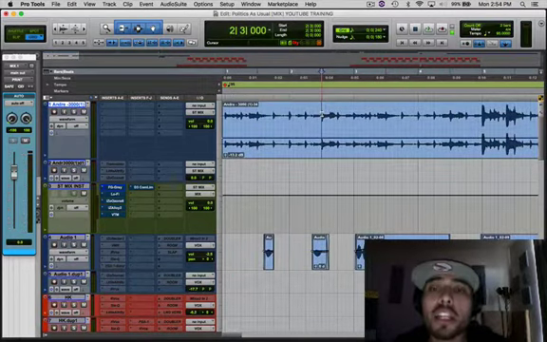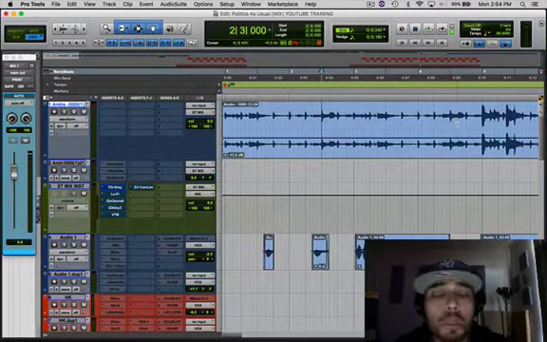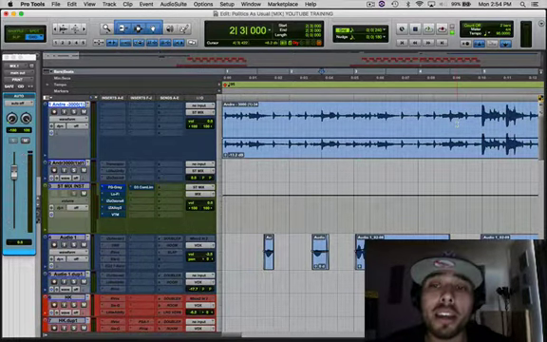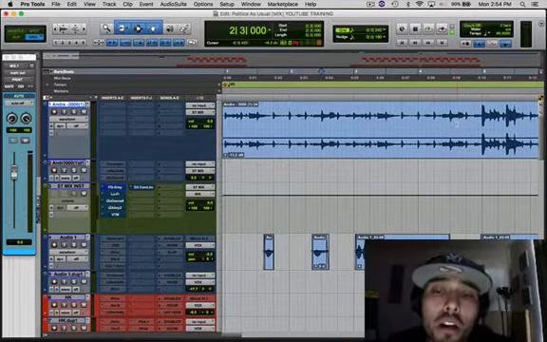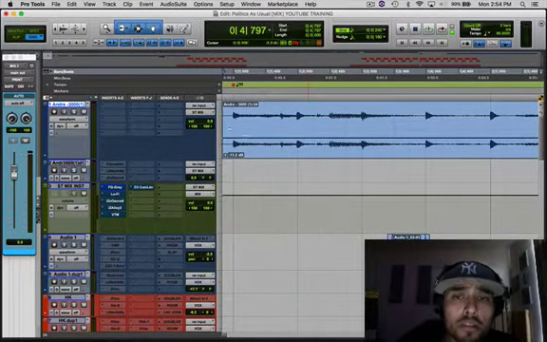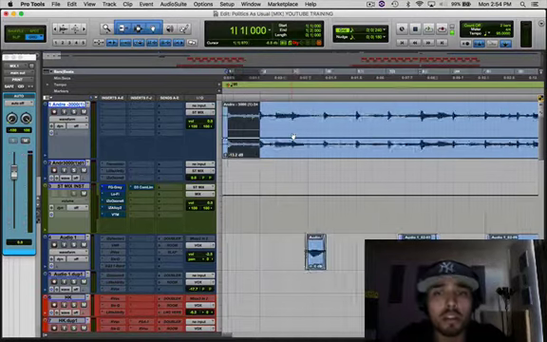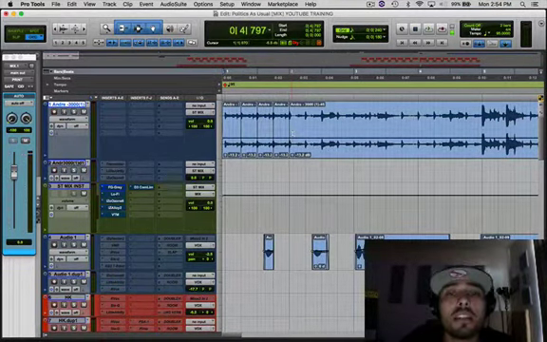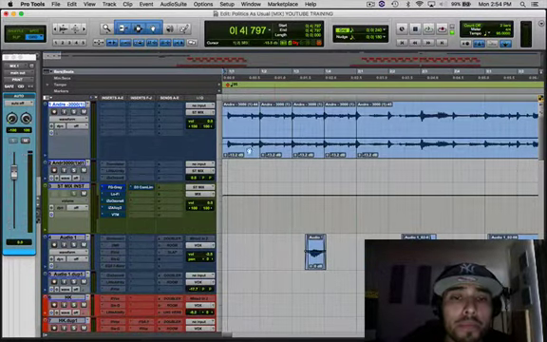So what that allows me to do is have the freedom to edit this beat and make chops or stutters or anything of that nature that the song may call for in the mixing process, and it helps make it a little easier. So if I go to the very front, I can kind of show you what I mean. Say if I wanted to repeat this part 4 times, I could easily do that by just selecting it